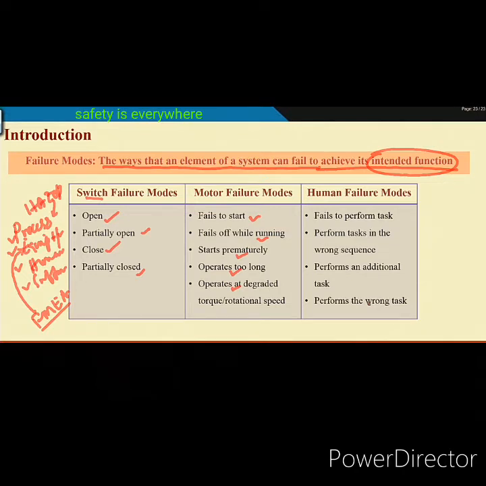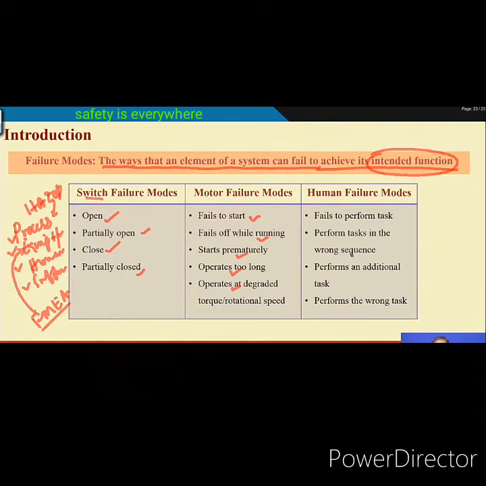For the wrong task: you are asked to clean the floor indoors, and you have cleaned the outdoors instead. For an additional task: I ask you to prepare a PPT for FMEA, and you also add FTA in between, and you make my job complicated because these two are not the same thing. Then, performing a task in the wrong sequence.